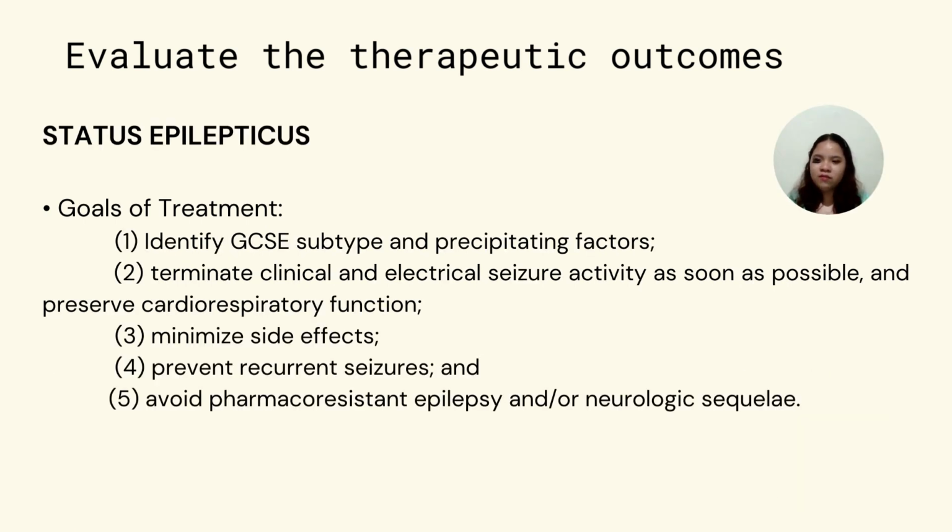The goals of treatment of status epilepticus are: identify GCSE subtype and precipitating factors, terminate clinical and electrical seizure activity as soon as possible, preserve cardiorespiratory function, minimize side effects, prevent recurrent seizures, and lastly, avoid pharmacoresistant epilepsy and or neurologic sequelae. The overall goal of treatment is to ensure the best possible quality of life according to the